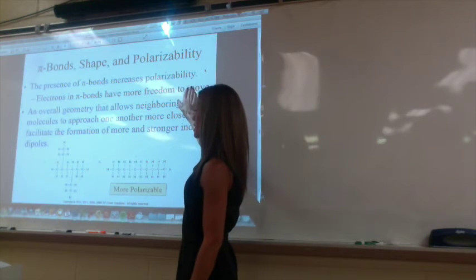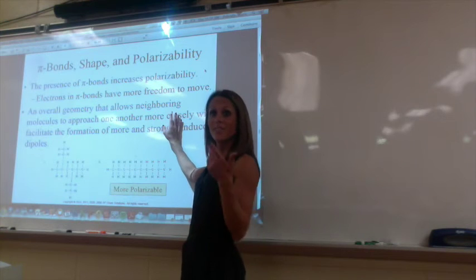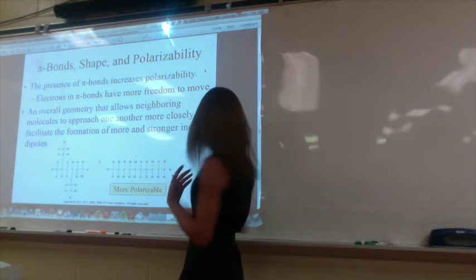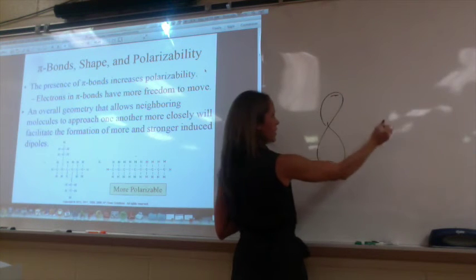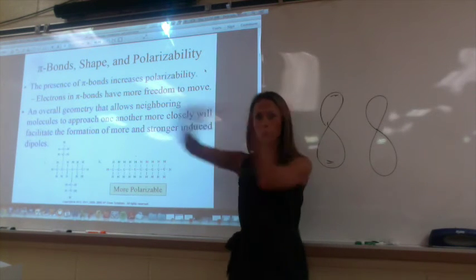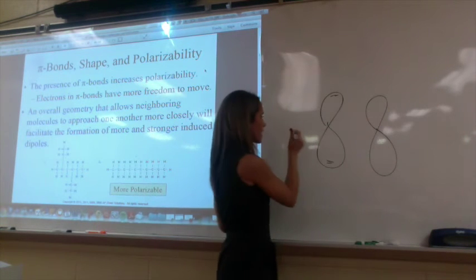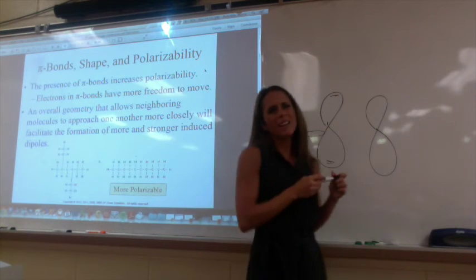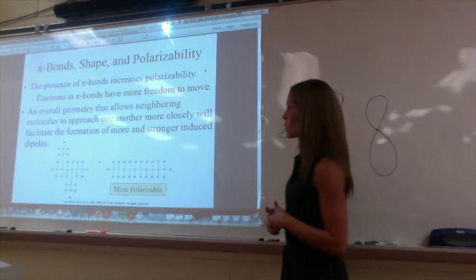But first thing is pi bonds. What are pi bonds? The next bond. Okay, so like the second or third bond, but it's the what kind of p orbital? Unhybridized p orbital. So if I have an unhybridized p orbital, I really have like this going on where electrons can be delocalized, right? So more delocalization means more whooshing, right? Like a wave. Like you can push off to this side versus that side. If you have hybridized, you end up with those head-to-head interactions and you don't have much ability to move as much. So electrons in pi bonds have more freedom to move, therefore pi bonding has more polarizability.